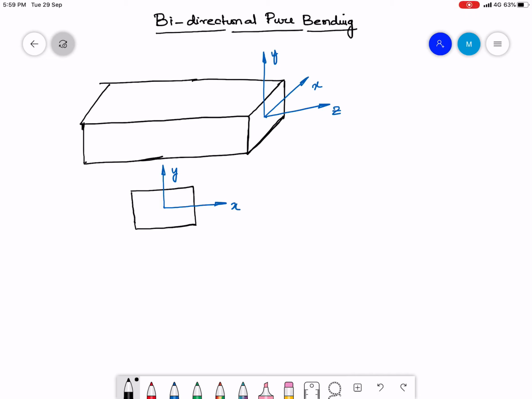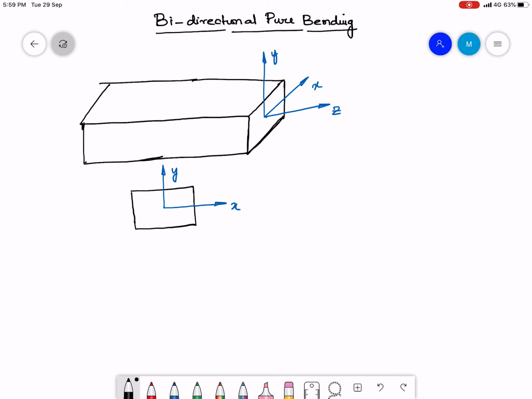Hi everyone. So today we are going to start a new module, which is bidirectional pure bending of beams with arbitrary cross section. So we are done with the module on torsion of thin wall structure. So we move into the next chapter of the course, which is the bending or bidirectional bending of beams with